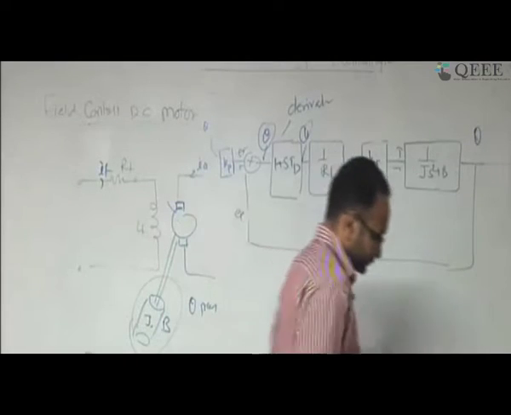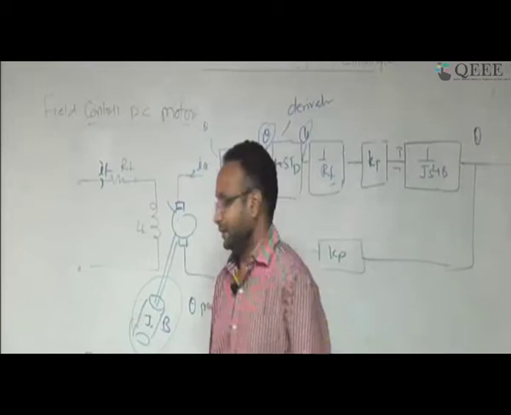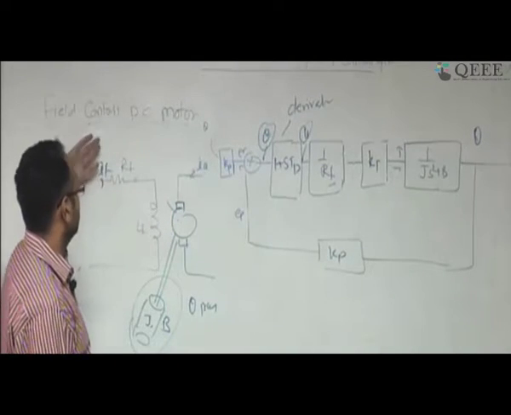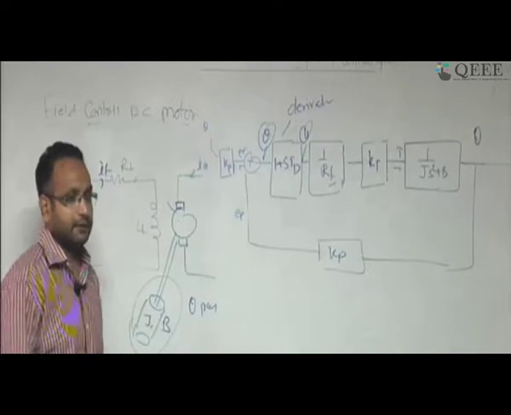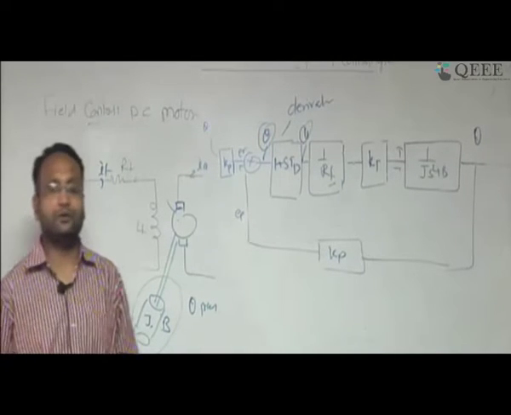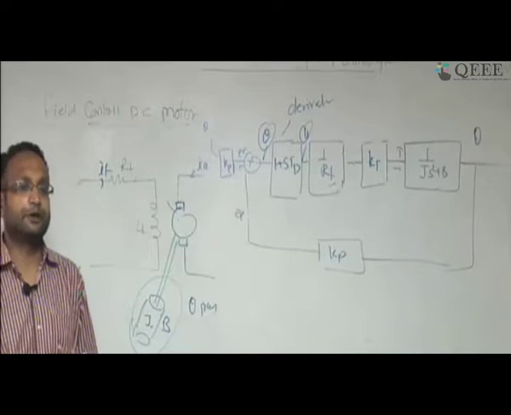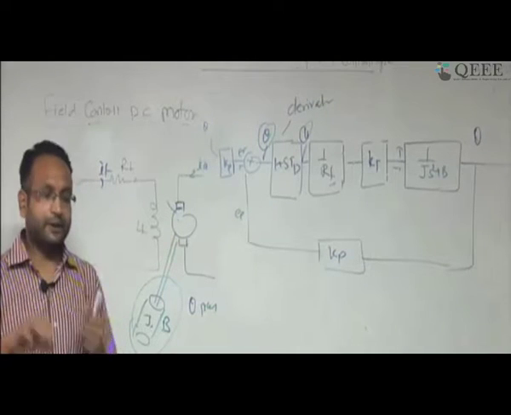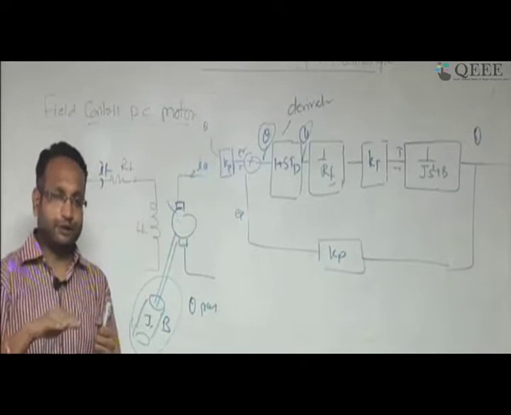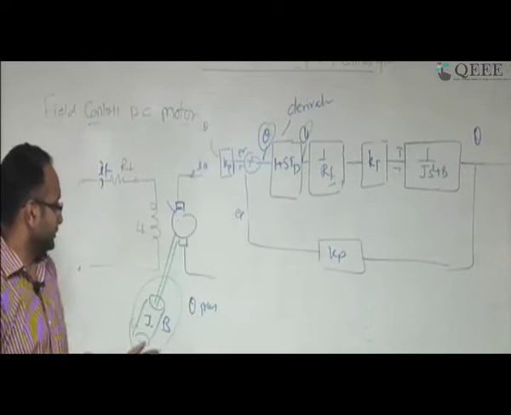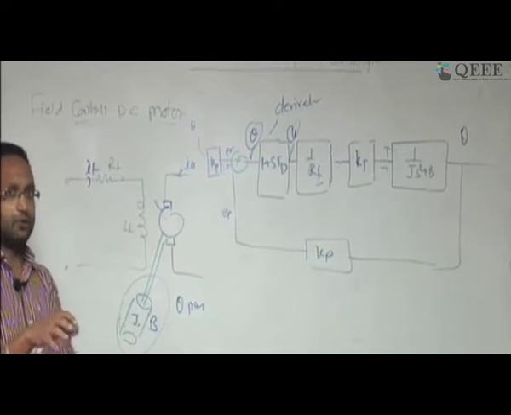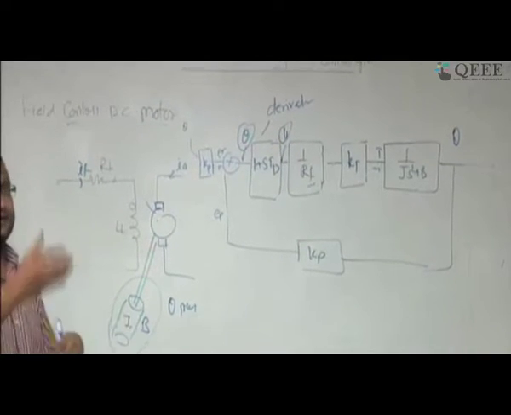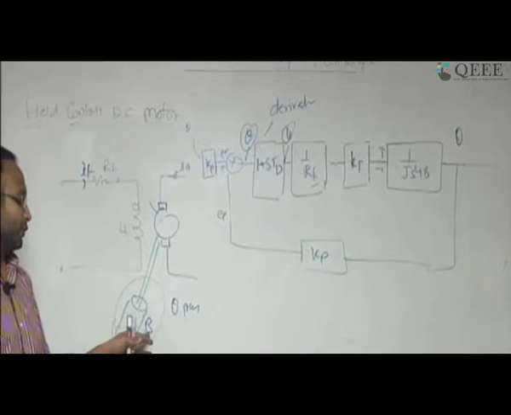So let me get back to the point which I started. I explained that this is a field control DC motor, and I think about the scenario that I want to use this motor to control the movement of my robotic arm, and the object of interest here is the position, correct? So this motor is the load, and the load is connected to my arm, and the moment of inertia of that arm is denoted by J, and there is some viscous friction in the environment that I denote by B.